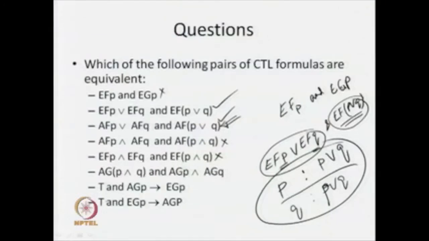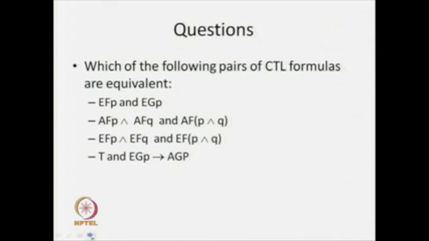The next formula, I am saying that T and A g p implies E g p, and T and E g p implies A g p. What is this T? T is nothing but the top. I have already said this is the truth value true. Okay, just I will show one thing. The second formula, I am saying that A g p implies E g p. That means, true is always true. I have to check whether this is a tautology or not. If this is a tautology, then the truth values will be always true, and in that particular case, these two are equivalent.